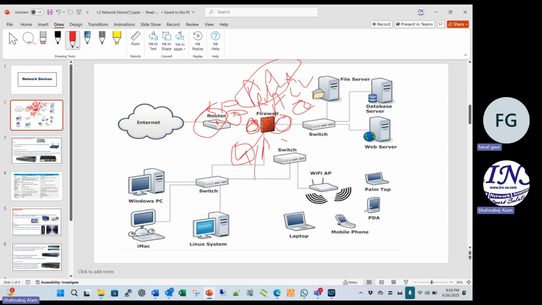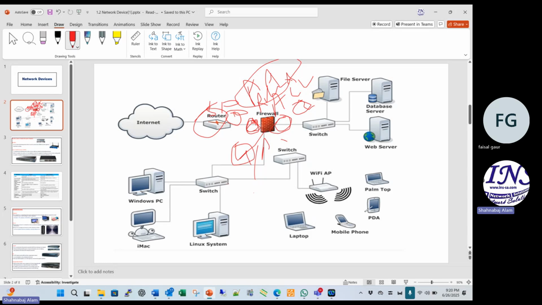Suppose I create one network for our storage, meaning the network for data storing. The file server is also data storing. One is the database server, one is our web server. And we can connect our